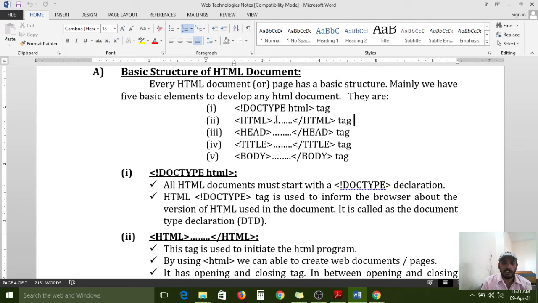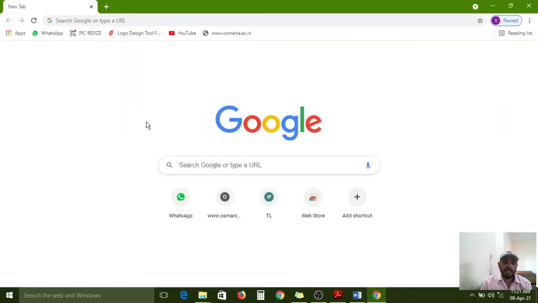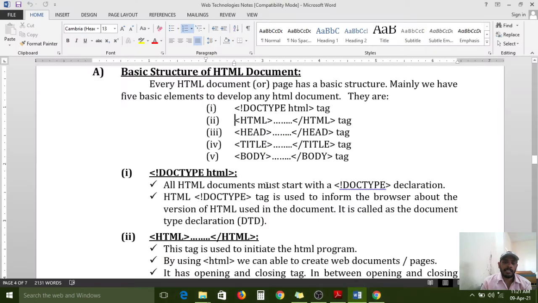After that you need to save that file. If you save it with a .html extension, the browser automatically understands this is an executable web program, so we need to execute that one. So the HTML opening tag and closing tag are optional here. But if you want to add them, it is no problem. If you haven't added them, the web browser internally maintains one interpreter, and that interpreter can understand it is an HTML related program, so no need to write this one.